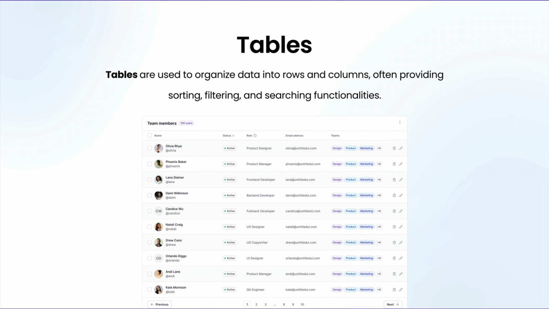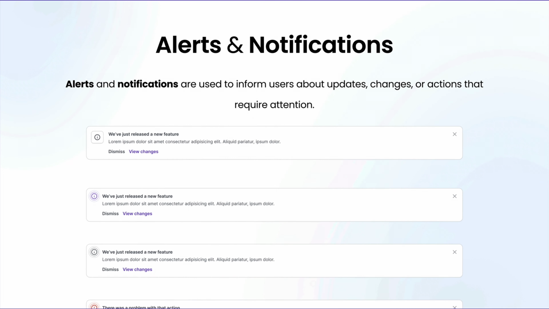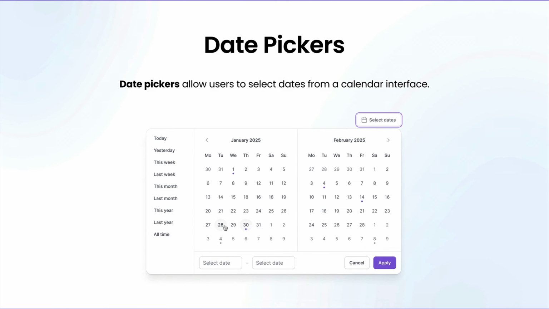So this is definitely another one that we have to keep in mind that we're going to use all the time as UI UX designers, as well as alerts and notifications. Alerts and notifications, as the name suggests, are essentially used to inform users about updates, changes, or actions that require attention. Next one is going to be date pickers, and date pickers essentially allow users to select dates from